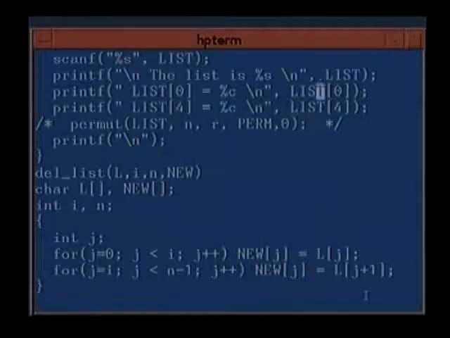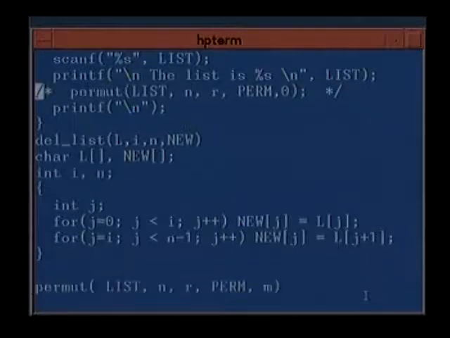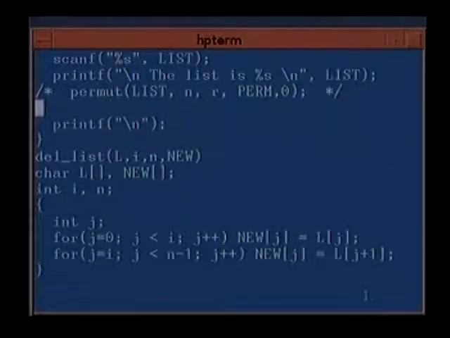And if you call it from here, let us delete these, and after having read list, suppose we call del list, and we have to call it with list comma I, say let us call it with 3.